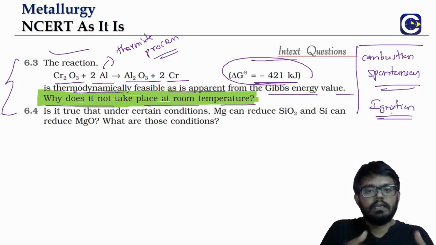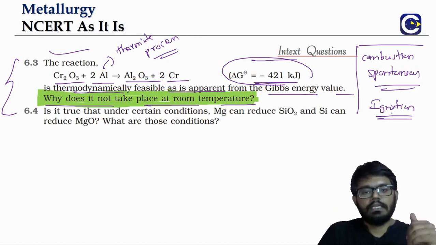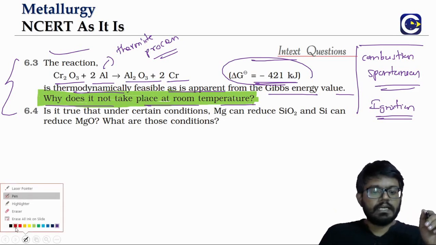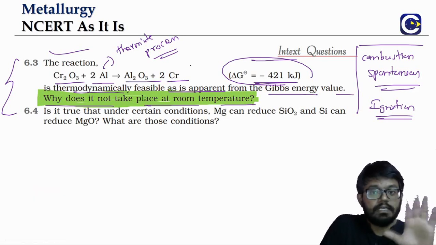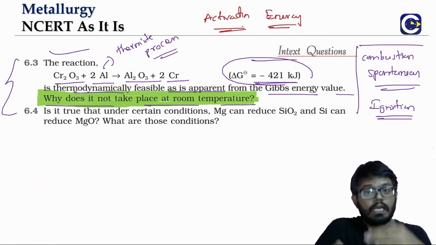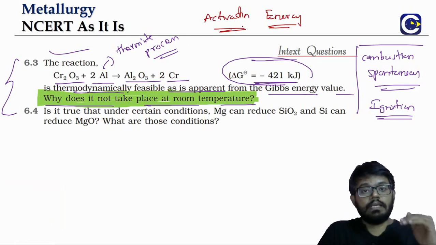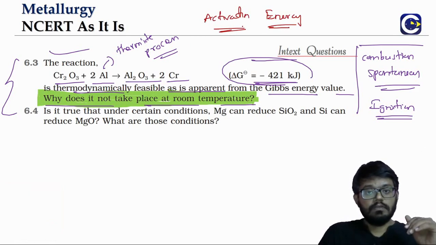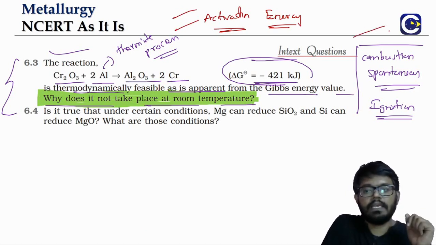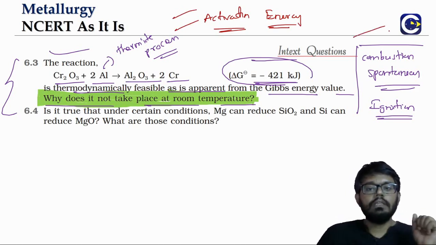because for the reaction to start, we are required to give the activation energy. Only then the reaction will start. The spontaneity condition has got nothing to do with the activation energy. So for the reaction to begin, we will require the molecules to have some minimum energy level. That is what we will be referring to as activation energy. So unless the activation energy is met, we will not see the reaction happening. And that's the reason why in the case of combustion, we do the ignition.